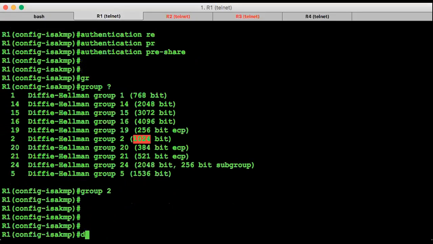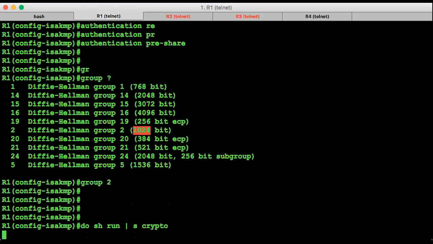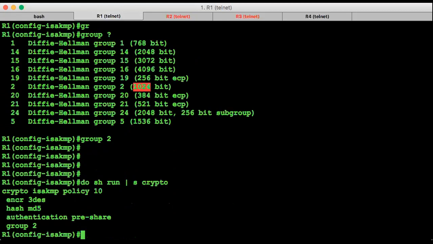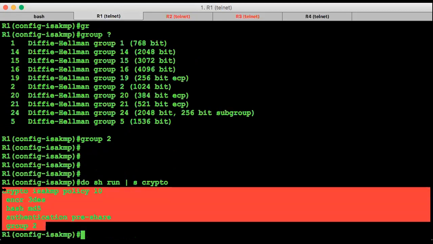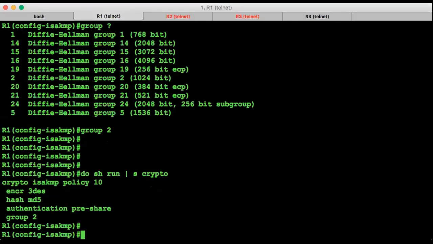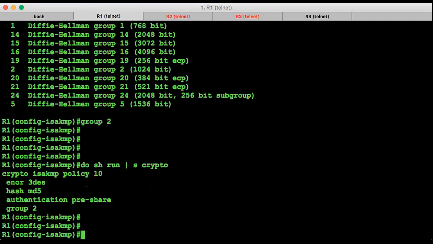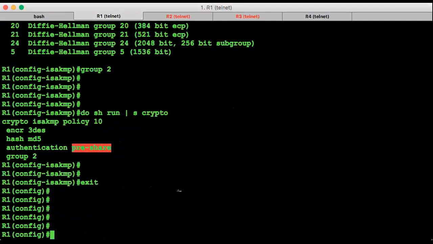Right? Do show run, section crypto. These 5 things we have configured. Phase 1 is not yet done because I have configured here the authentication as pre-share. So I have to also define the authentication, isn't it? So in order to define the authentication,